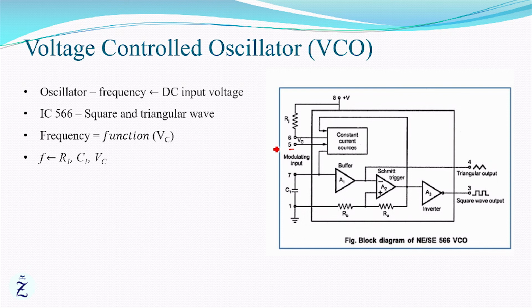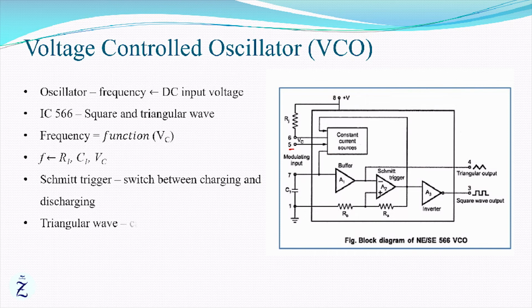A Schmitt trigger circuit is employed to switch the current source between charging and discharging the capacitor. The triangular voltage produced across the capacitor and the square wave from the Schmitt trigger are provided as the output